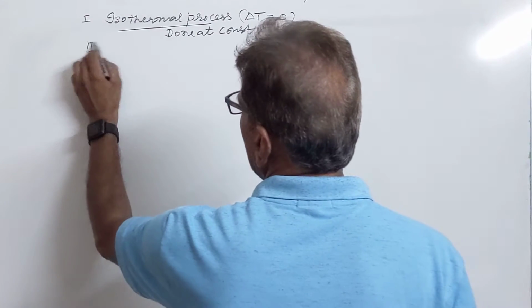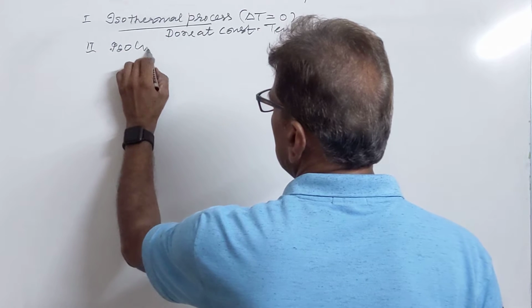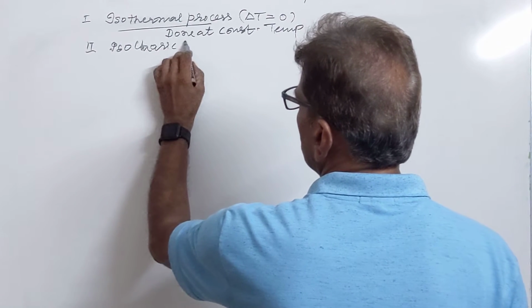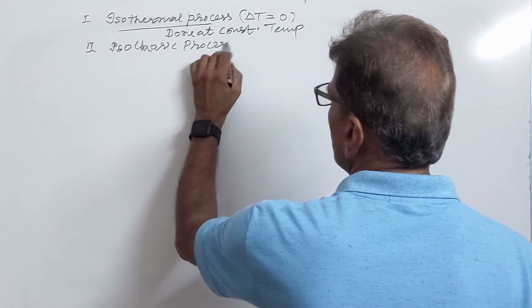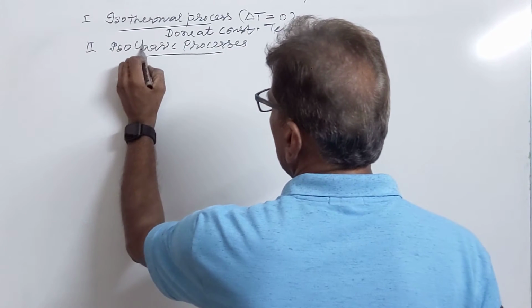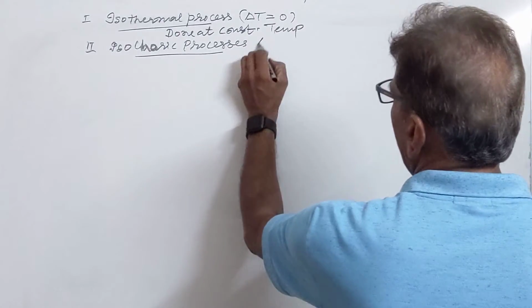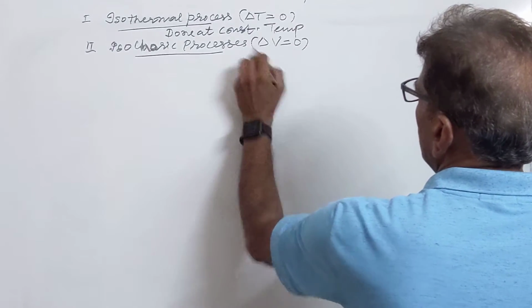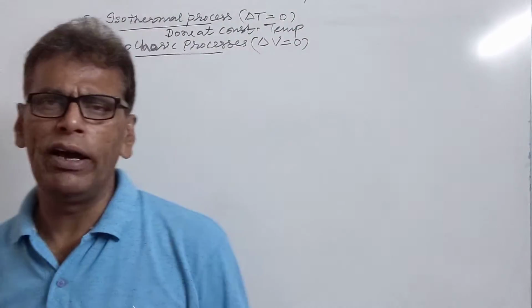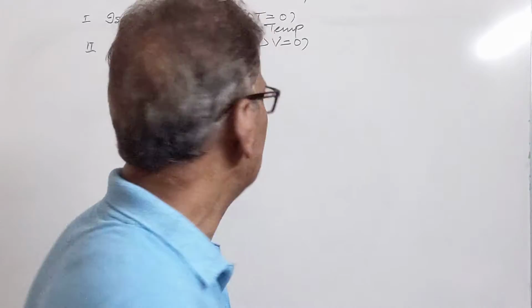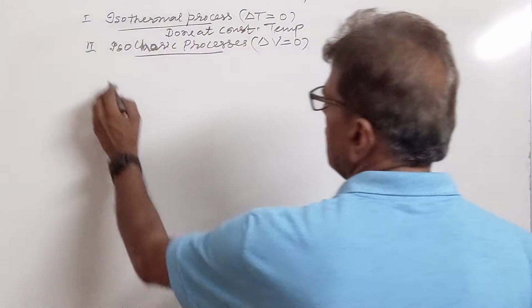Then we have isochoric processes. They are done at constant volume. There is no change of volume during the operation of the system, during the change of state of the system. Under these conditions, then we have